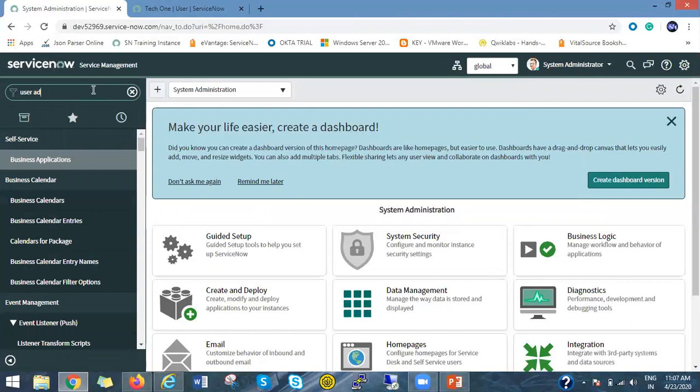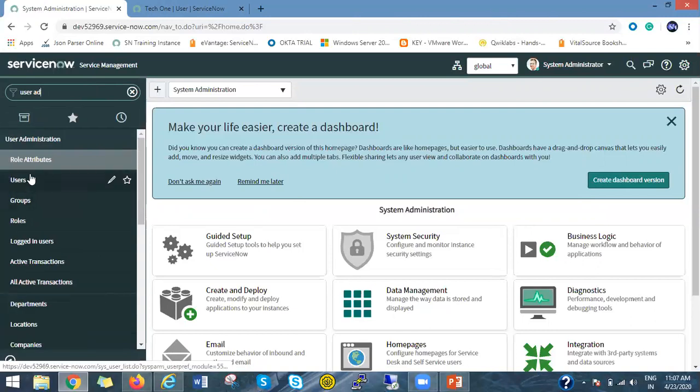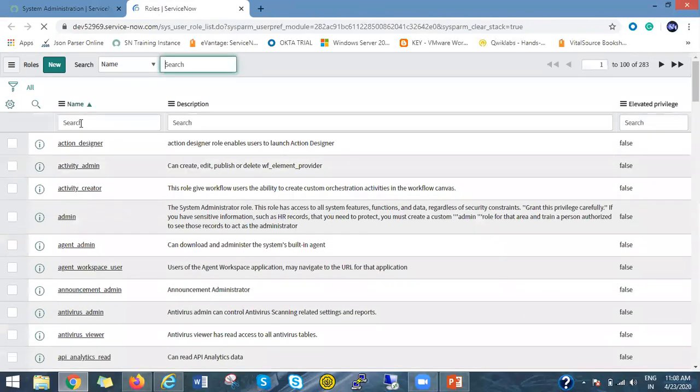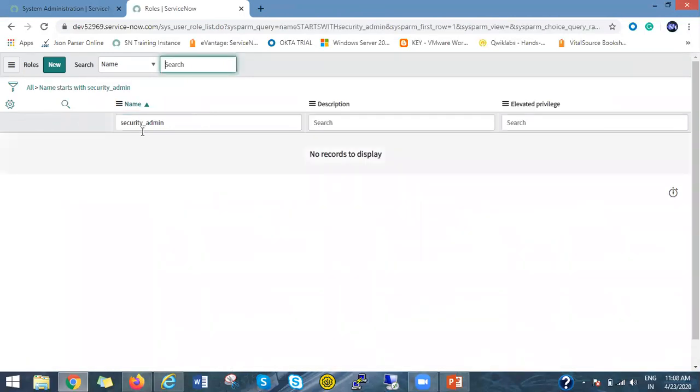So, user admin, and open the role list. Yesterday we saw a couple of important roles. There is one more role, and its name is security_admin.